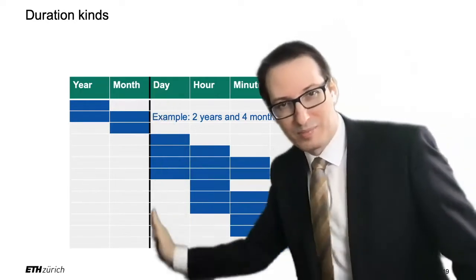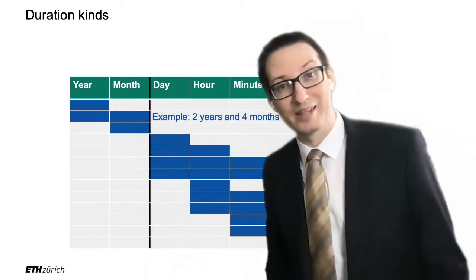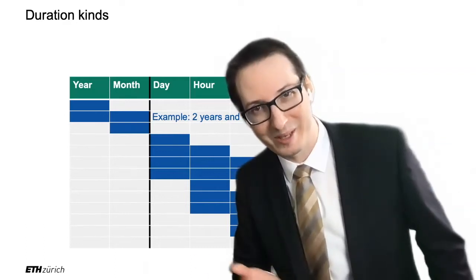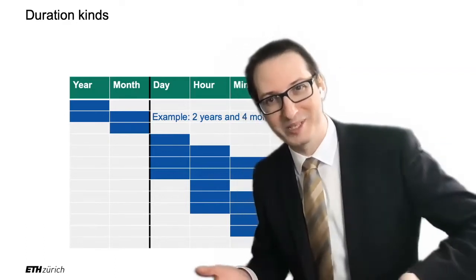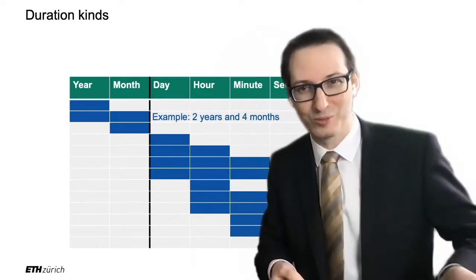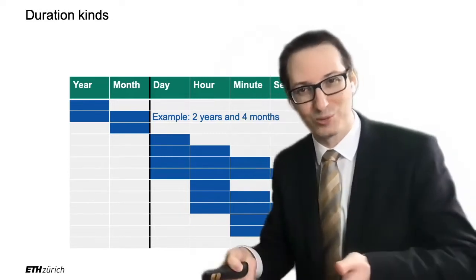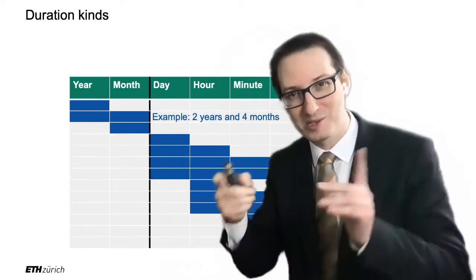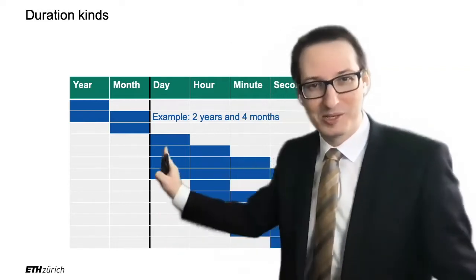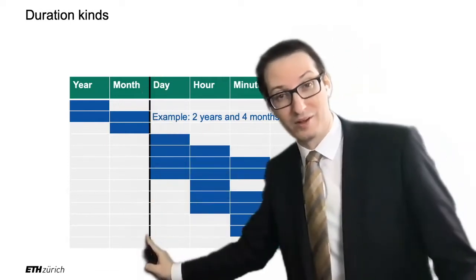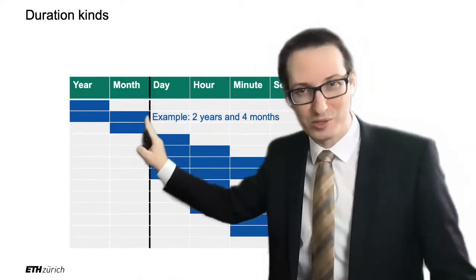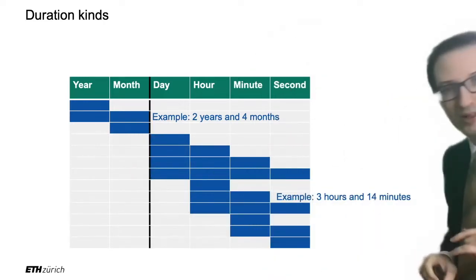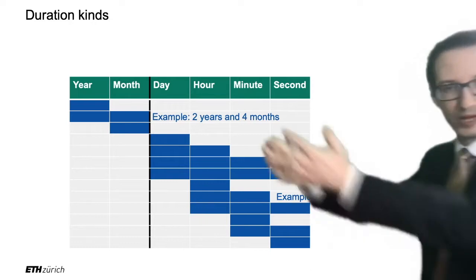Why is there this black line right there? Well, it's because what if I tell you 1 month and 2 days? That's ambiguous, right? Because is it February or is it March? If I tell you 1 month and 2 days, but it was February, then that's 28 days plus 2 days. But if it was March, then 1 month and 2 days is 31 plus 2 days, right? So this is why we avoid, in general, mixing months and days, because of this ambiguity in the number of days that there is in a month, right? But this is the only little difficulty right there. Apart from that, you can have any